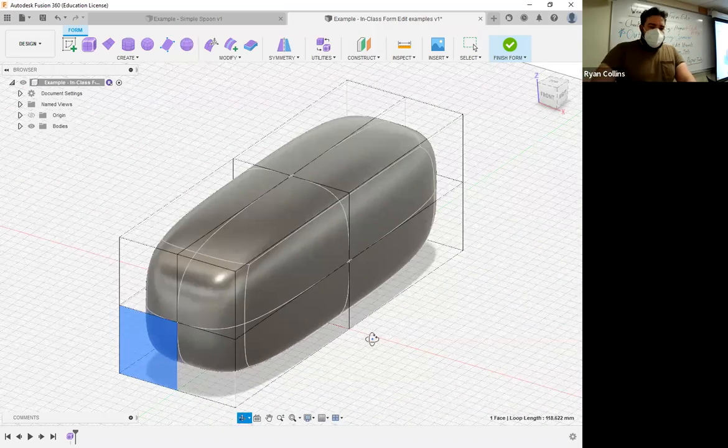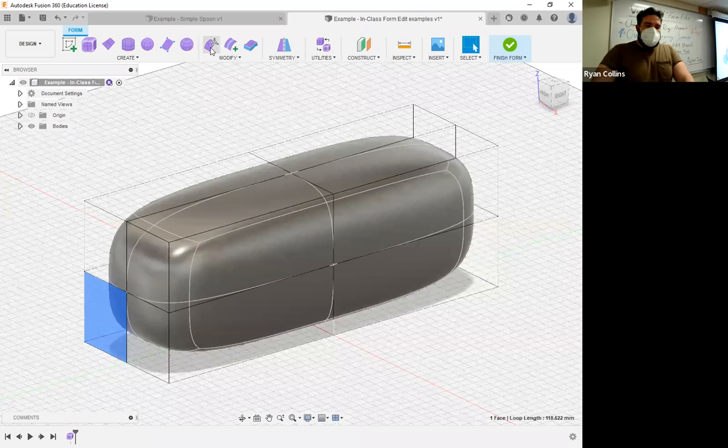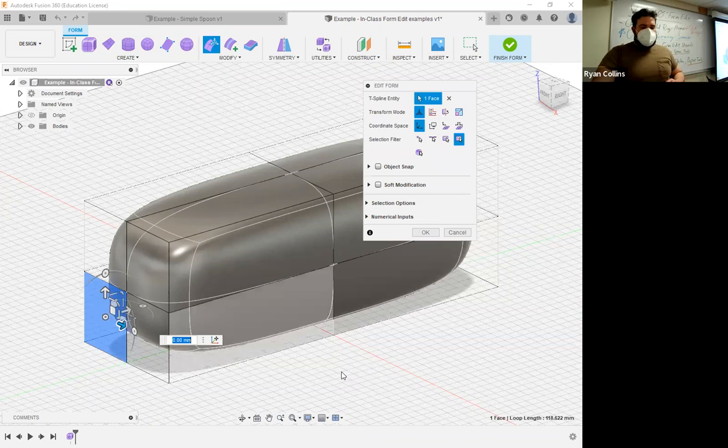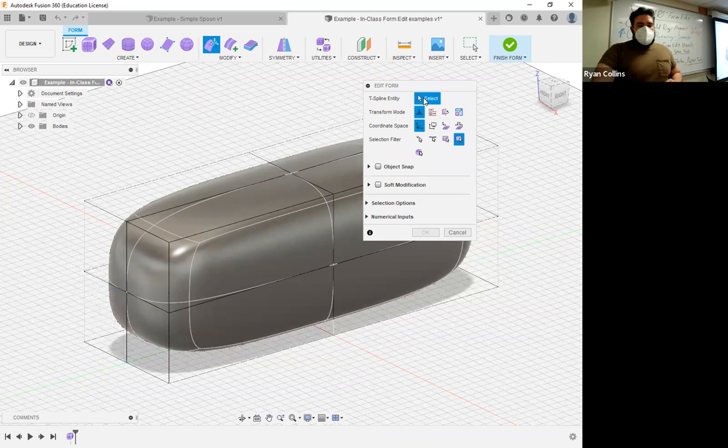All right, let's play around with some stuff. I'm gonna go to edit form. My toolbox comes up. Got a whole bunch of stuff I can select. So you have your standard selection, of course, because this is what you want to grab. You have your transform mode, which means how are you actually translating stuff? When I have the multi one selected, let me just select a face. You have all your transform items here,